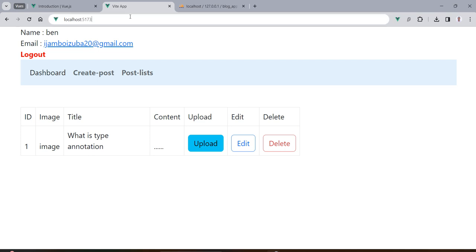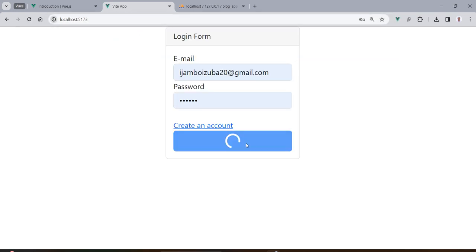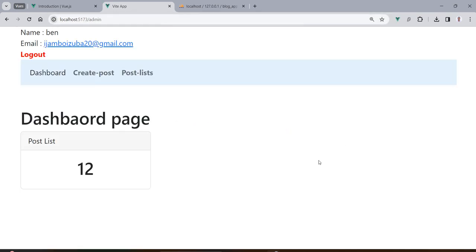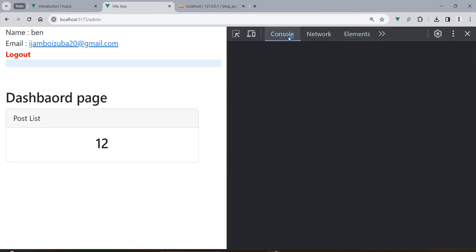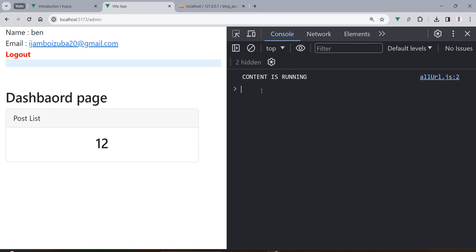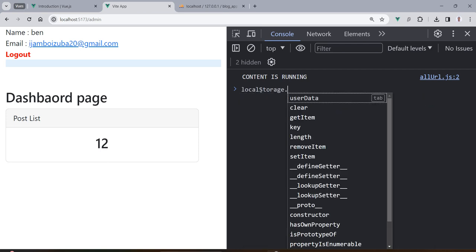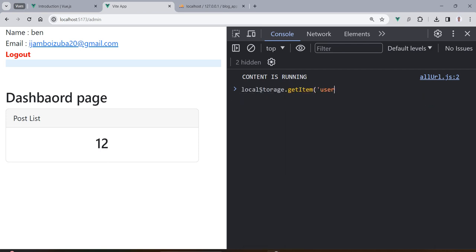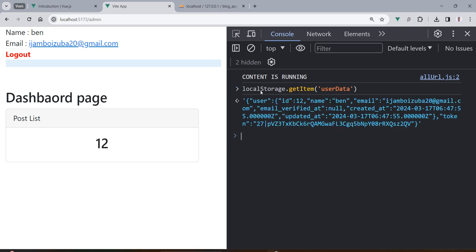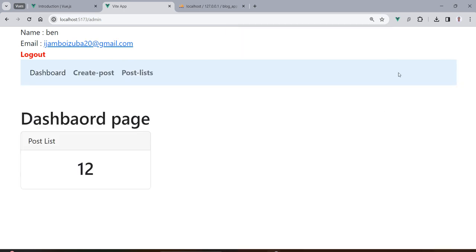Here, if I go on the login page and then I log in this user, and if I inspect here, I get into the console tab and type local storage dot get item user data, and we are going to get an object which holds data of the logged in user plus the token. Now we need to clear this data within the browser when the user logged out, but also we need to